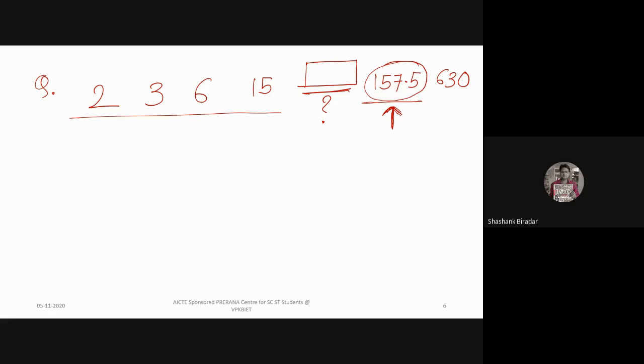So what could be the possible solution for this one? I will give you the answer. I'll rewrite the things. Put X over here. The very straightforward logic for this one is to ensure what kind of relationship there is between two successive numbers. For example, if I take 2 and 3, then 3 and 6, then 15 and X, and this figure.